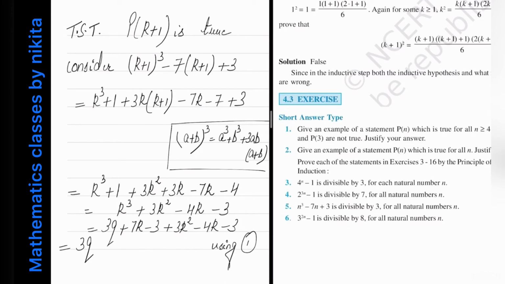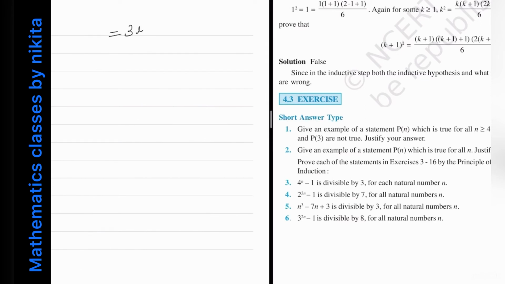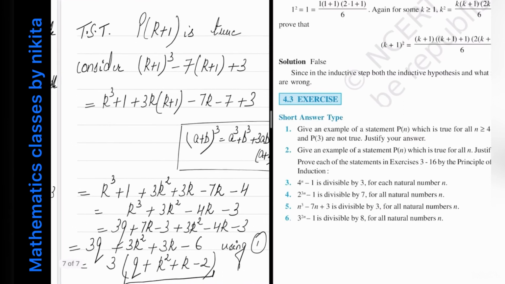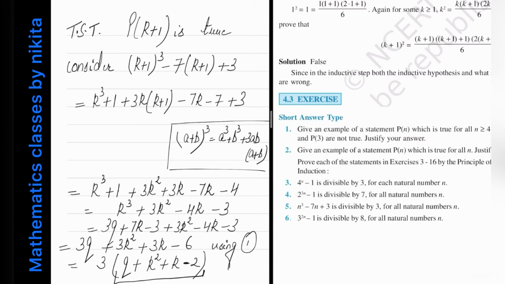So therefore first of all 3k square, then k वाली जो टर्म्स हैं वो क्या आ जाएगा, 7k minus 4k is 3k, then minus 3 is minus 6. ये आ गया. अब इस सब में से आप 3 कॉमन ले लो तो आपके पास क्या आएगा, q प्लस k स्क्वायर प्लस k माइनस 2. ओके, अब मैं क्या करूँगी, इस नंबर को मैं r बोल दूँगी एंड यू कैन सी दैट दिस इज सम इंटीजर. ठीक है, सो दिस इज इक्वल टू 3r वेयर r इज इक्वल टू, क्योंकि माइनस साइन है ना यहाँ पे तो मुझे नहीं पता ये पॉजिटिव या नेगेटिव, बट ये कोई इंटीजर होगा.